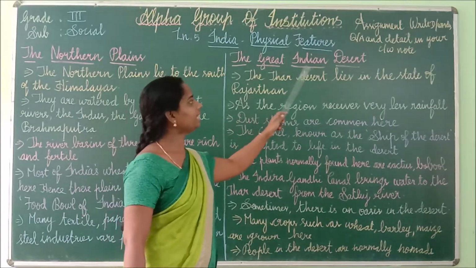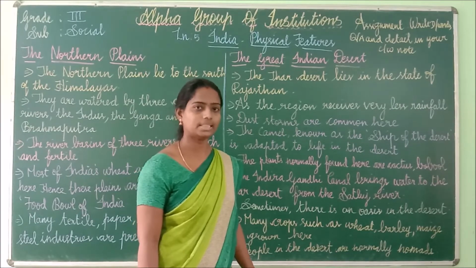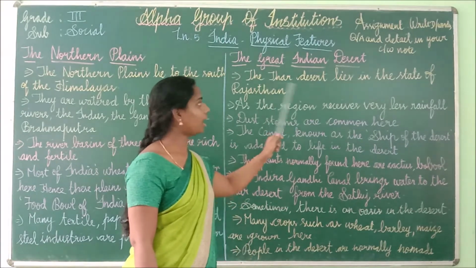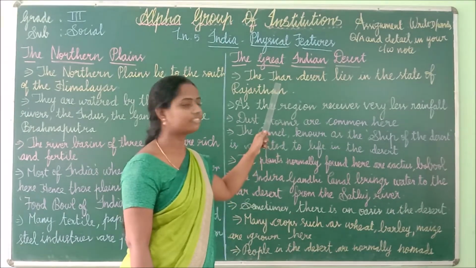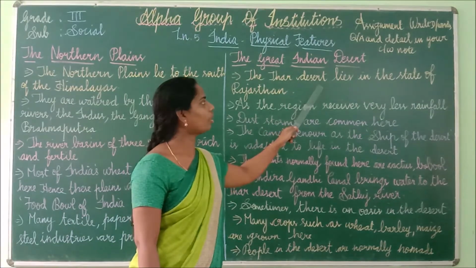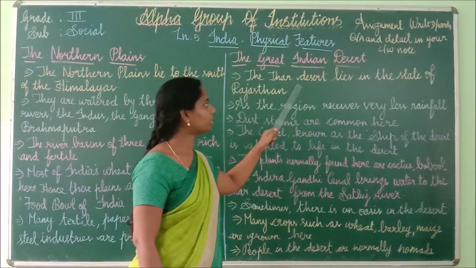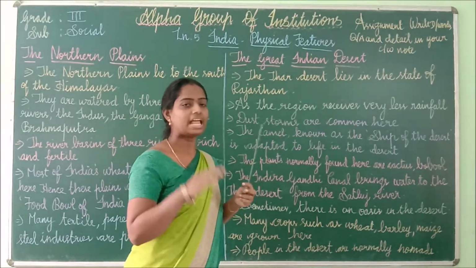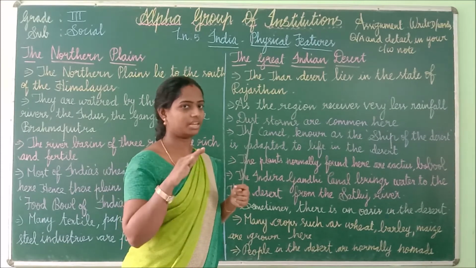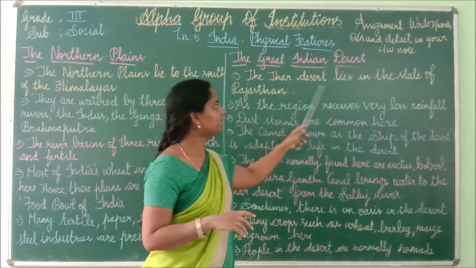The Great Indian Desert is also called the Thar Desert. What is the spelling of Thar? T-H-A-R, Thar, D-E-S-E-R-T, Desert. We all know that if we call it a desert, it has very little rainfall, isn't it? It is very less rainfall. Okay, where is it located? The Thar Desert lies in the